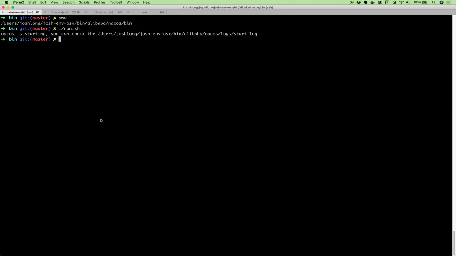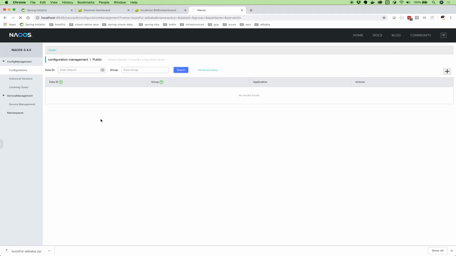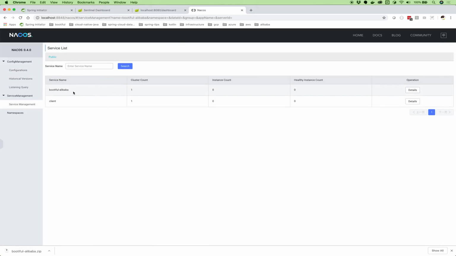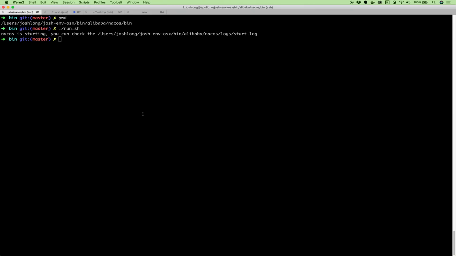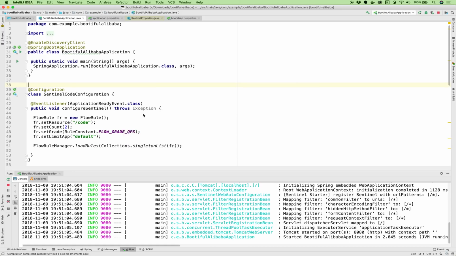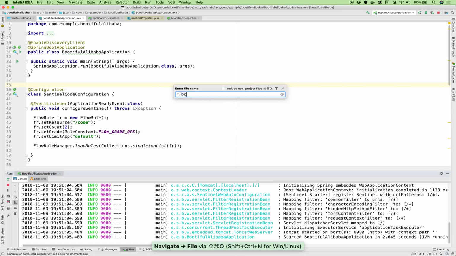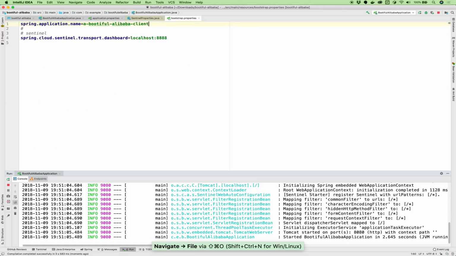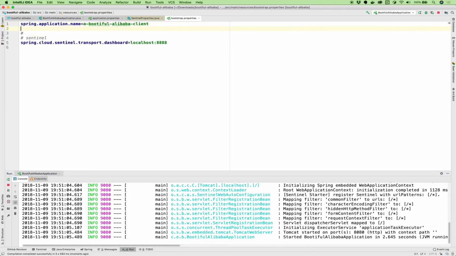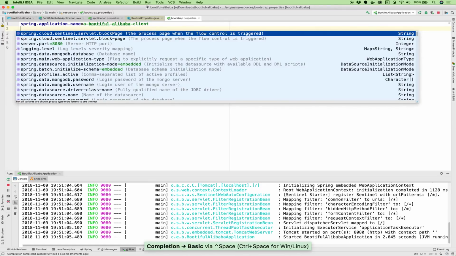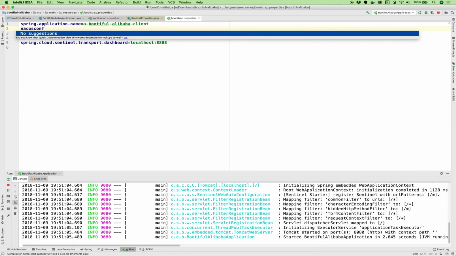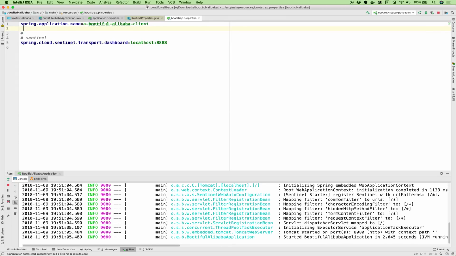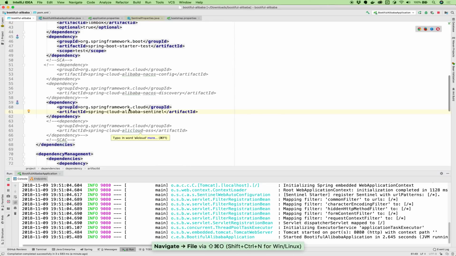Okay, now, will that work? Let's find out. I don't think so. Service management, not so much. So what we need to do is tell our code where to find Nacos, and that's done through some properties that we store here in bootstrap.properties. So we want the Nacos config server. I guess we need the dependency first, don't we? Here we go. Let's just bring in both dependencies. That explains why we didn't get very far at all.